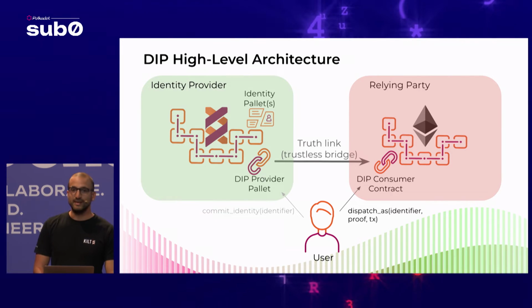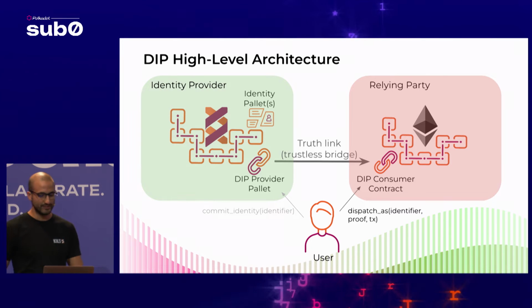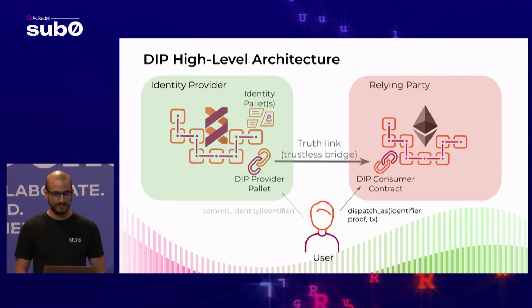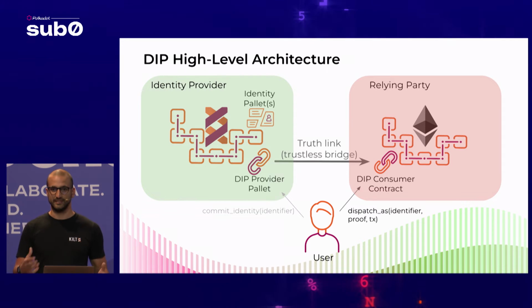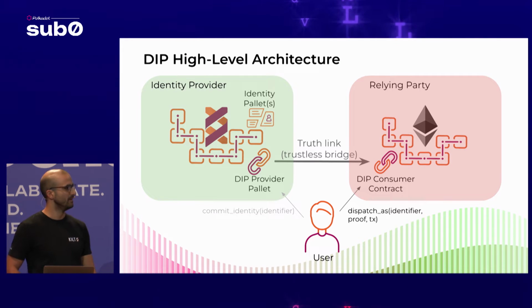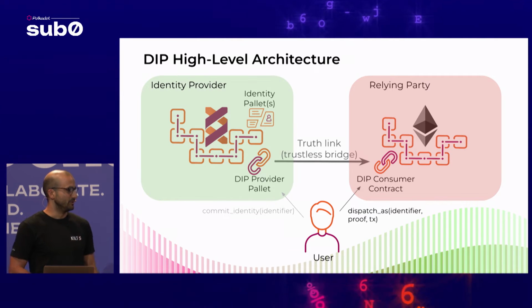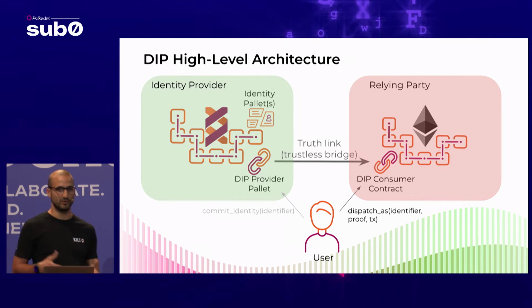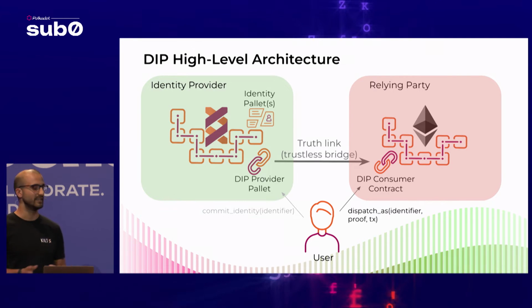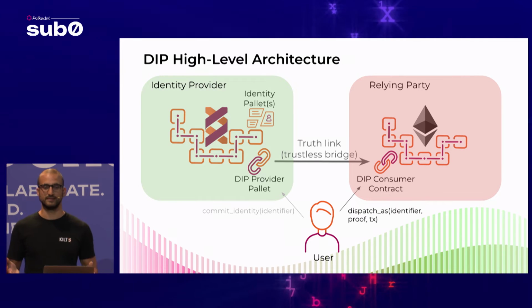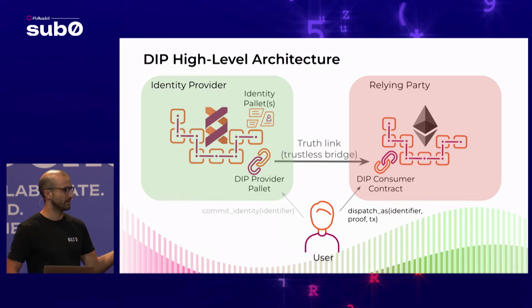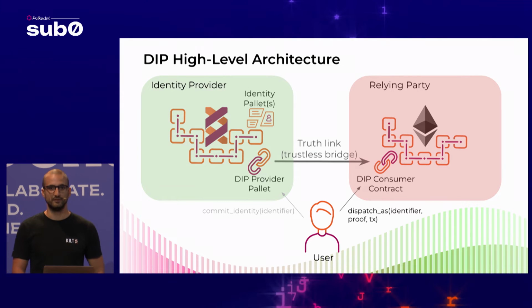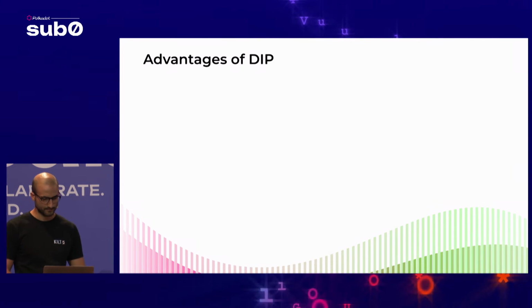Beefy will make bridging way easier and more efficient. This is not yet implemented, but we are working on this after we release the first version of DIP, where you could basically do the same. Instead of calling an extrinsic on a parachain or a relay chain runtime, you would call a transaction on an EVM-based chain. The rest of the proof mechanism would basically be the same. And there would be a smart contract and not a pallet verifying such proofs.